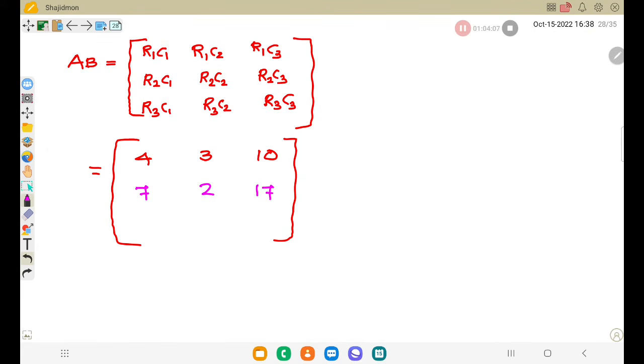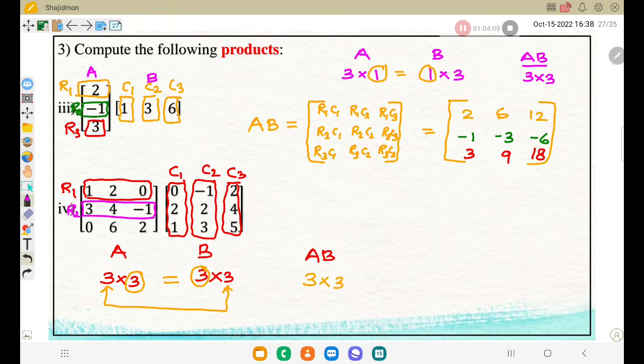Hope you understood before questions. So here I am just writing only the numbers, you can check by calculator. Now third row, R3, 0, 6, 2, multiply with the first column: 0 multiply 0, 0; 6 multiply 2, 12; plus 2 multiply 1, that is 2, correct? So 14,